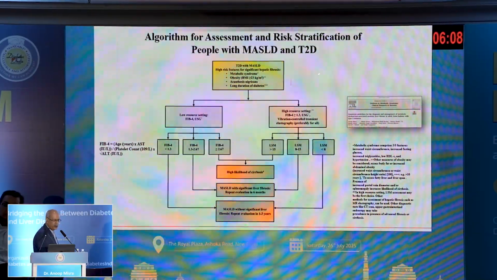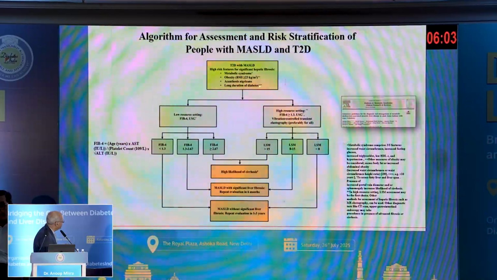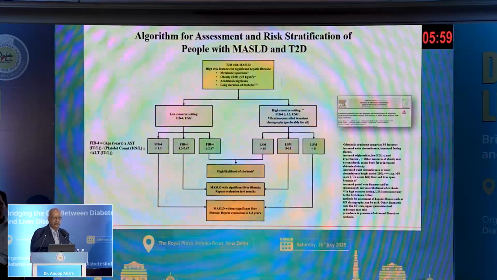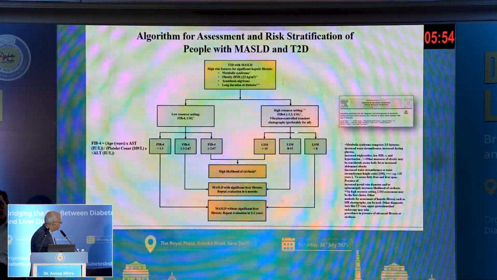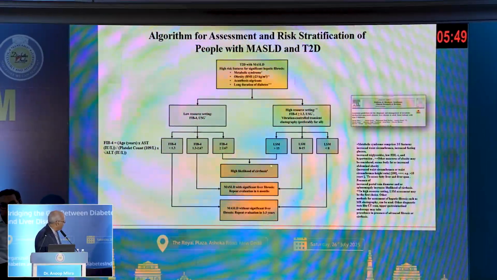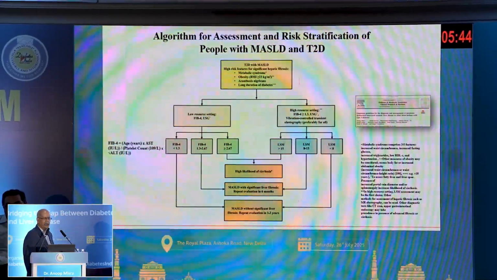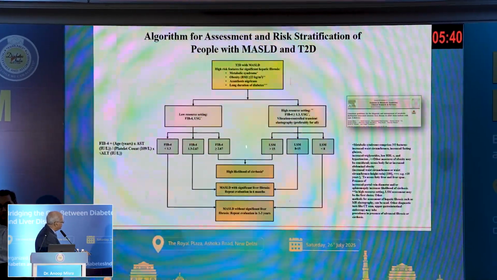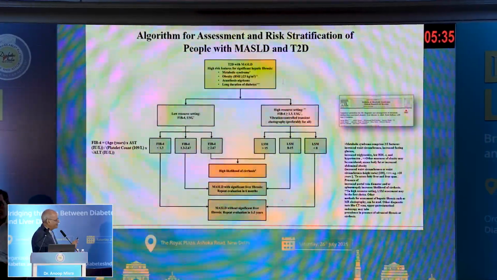So metabolic syndrome, you know the definition. Obesity, we have told you. Acanthosis nigricans, long-standing diabetes. These need your attention more. And then according to FIB4 and LSM, which Ashish has already told you something about, high likelihood of cirrhosis or significant fibrosis, you can categorize according to these two. If you don't have elastography available to you, in a low resource setting FIB4 is good enough.